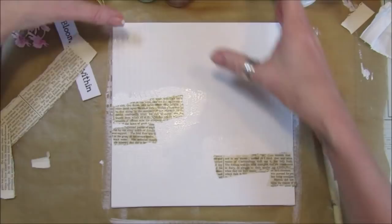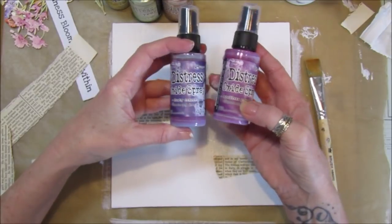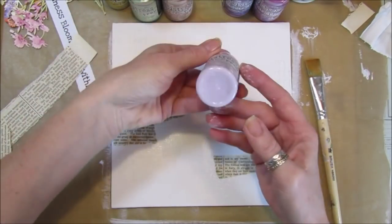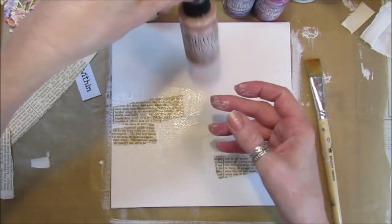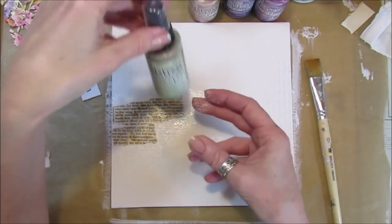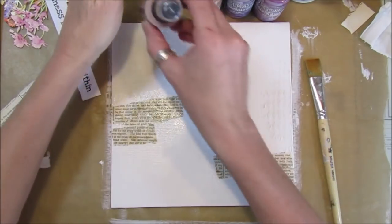And then the other colours that I've got here, which I forgot to show you, I'm going to use the Distress Oxide sprays. Now I've got Seedless Preserve and Dusty Concord there, which are two beautiful purples. I have Milled Lavender. I have the Tea Dye there, which is a lovely one. This one is Old Paper. Now I've not used this one, but it looks very green to me. But it's still lovely. And then I've got Tattered Rose and Scattered Straw,